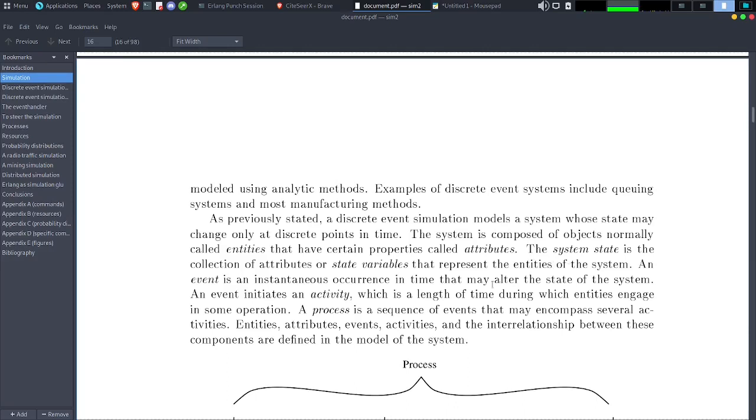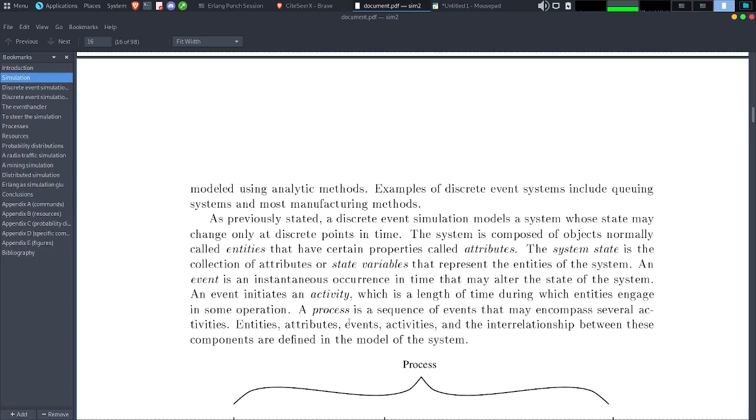An event is an instantaneous occurrence in time that may alter the state of the system. An event initiates an activity, which is a length of time during which entities engage in some operation. A process is a sequence of events that may encompass several activities.